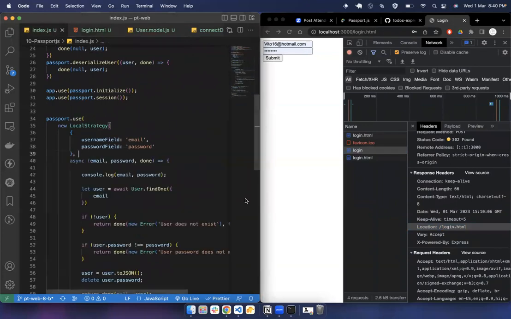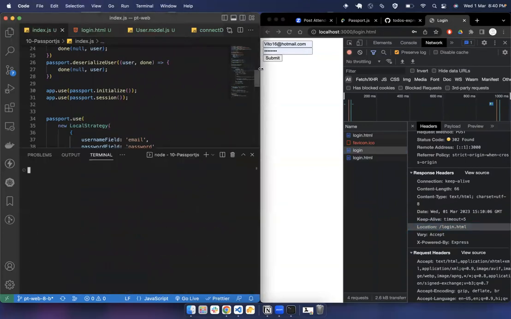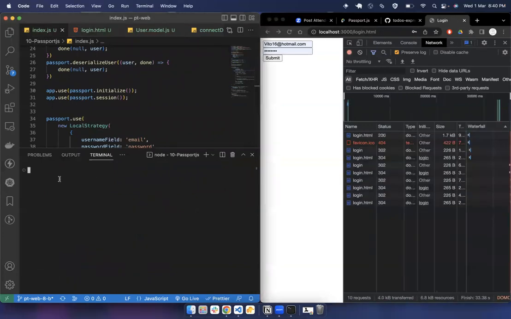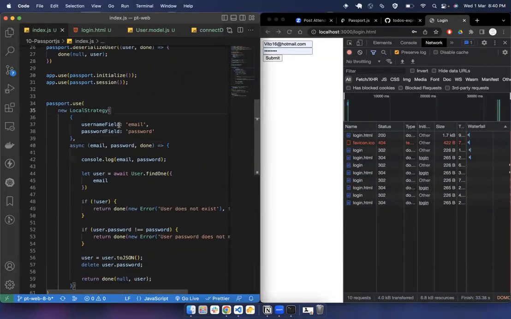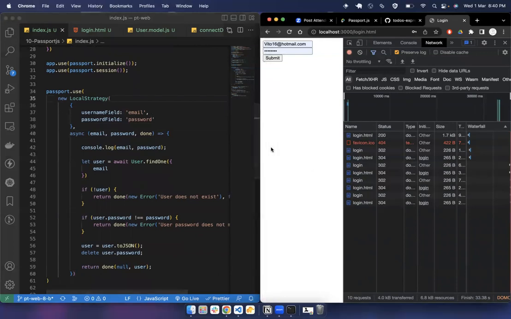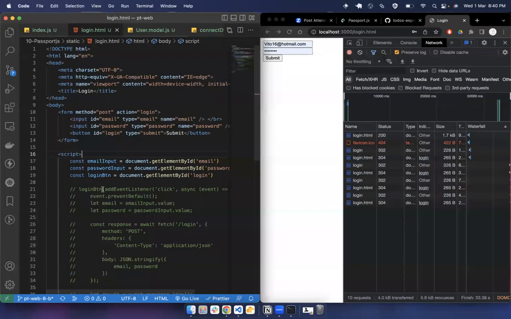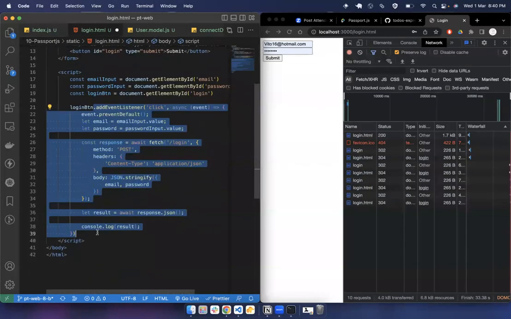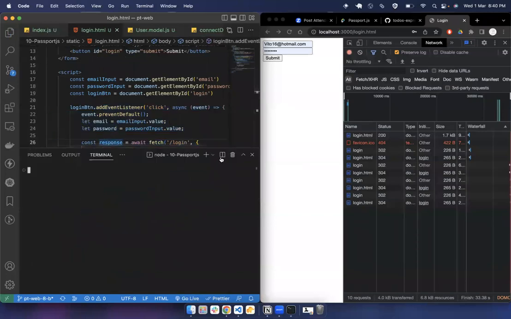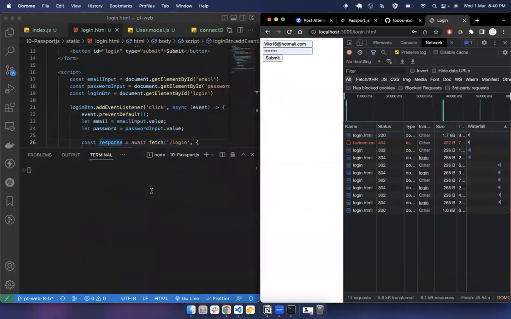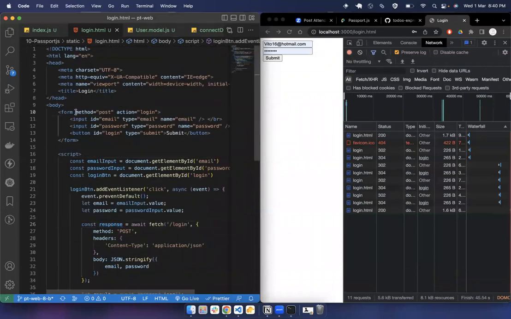Are we getting a request when I submit? The request is not coming. So for some reason, we have to depend on this one. Okay, so reload this. Type is